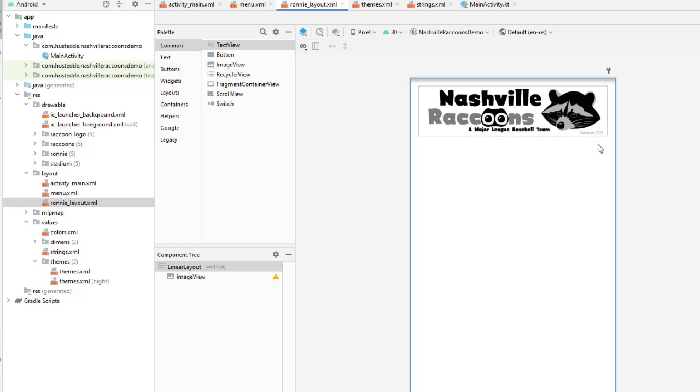Now what will happen underneath of this is our text of the page, which will say Ronnie Raccoon, and then a button to the right of that that will return us back to the menu. So I want those two to be side by side, and working with a linear layout, I can only have one item basically on each, we'll say, row of our linear layout. But what I can do is